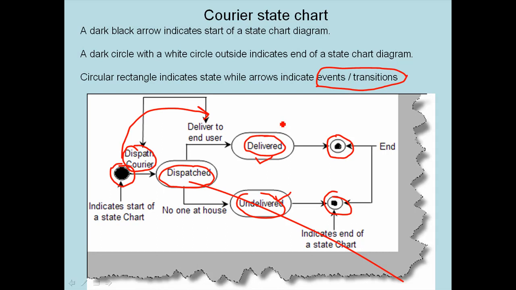I hope that you have understood state chart diagrams. In order to practice any UML diagram, whenever you discuss with your colleagues or whenever you want to show presentations of your technical design, always use UML diagrams. In this way you never forget the notations, and it becomes a habit, it becomes a culture, I will say, to talk only using UML